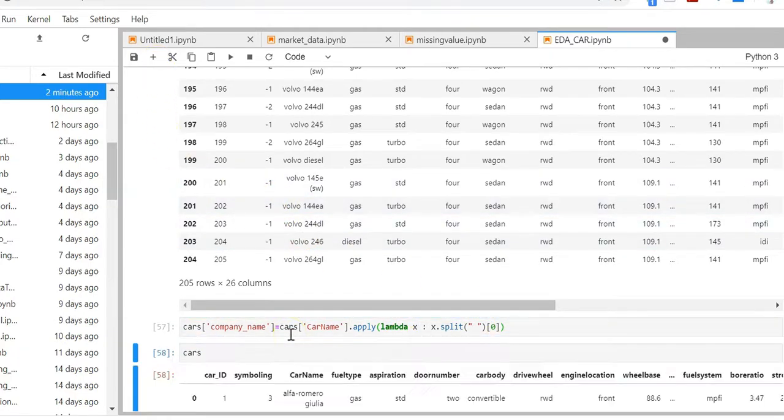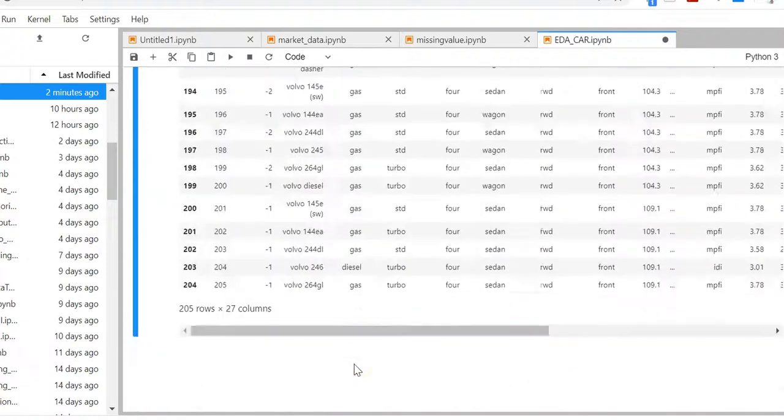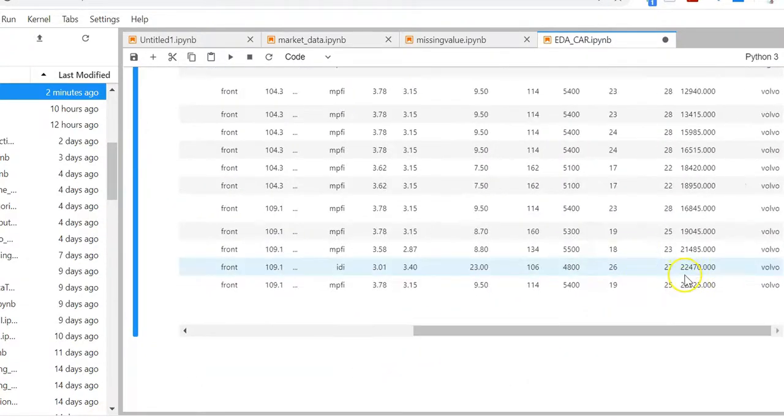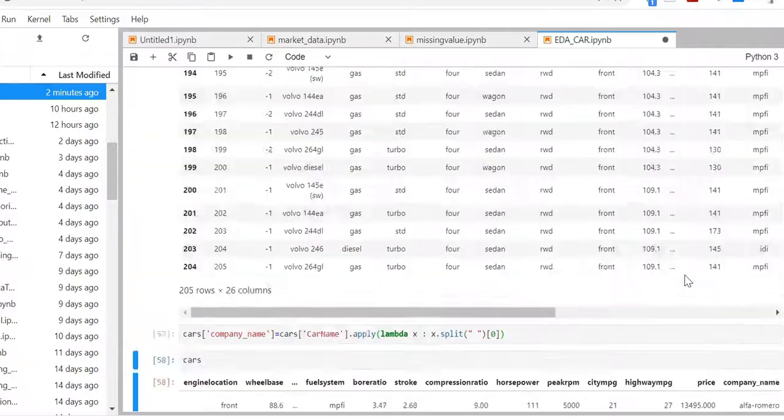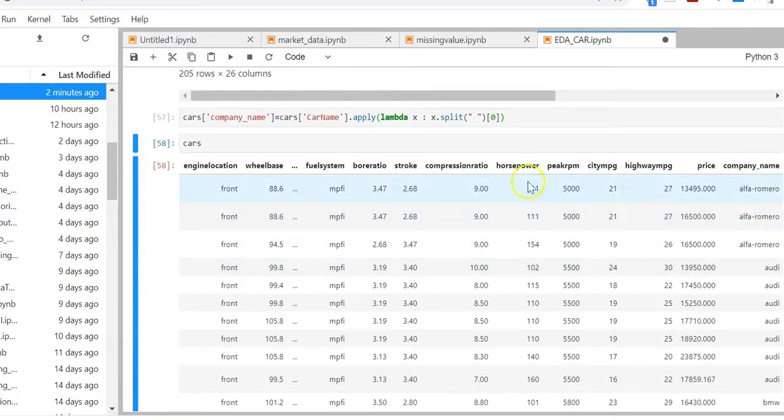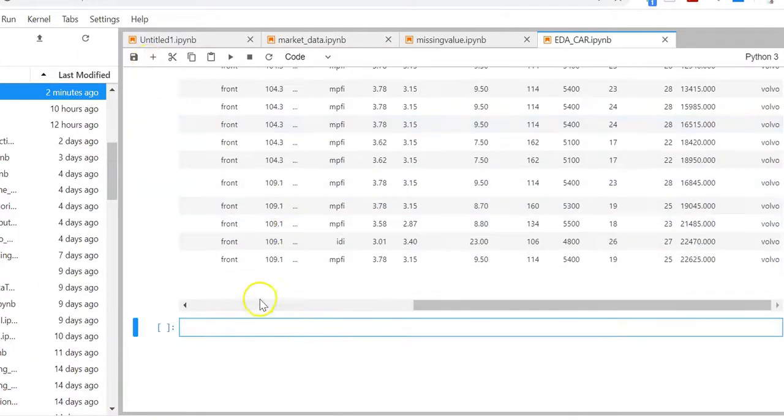So let us see the cars. On my last column you can see the name of the company here, company name. So let us group by the company name, cars company name as type category, and then value_counts.